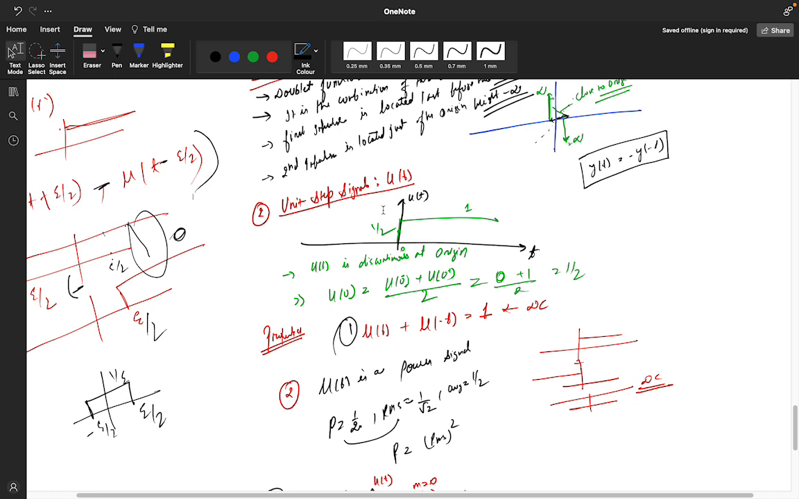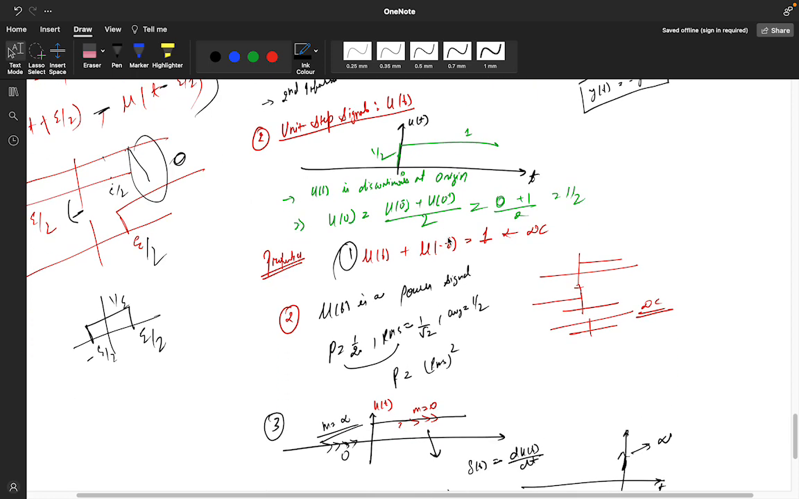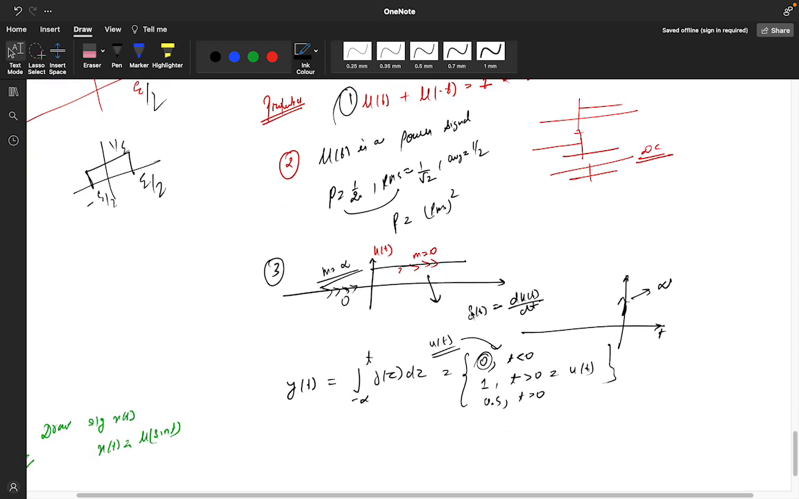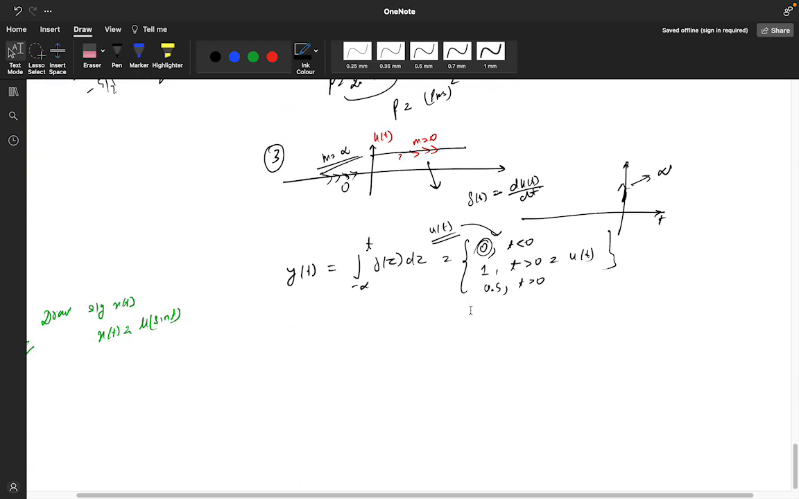After that I discussed the unit step function, that is u of t. So u of t is simply represented like this. I already told you in the class what u of t is. It is a power signal. The power of u of t is 1 by 2, the RMS value is 1 by root 2, and the average value is 1 by 2. These things I had discussed yesterday, so this was a little bit of revision for you. Now we can go for